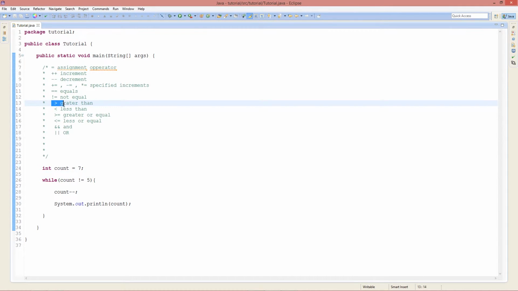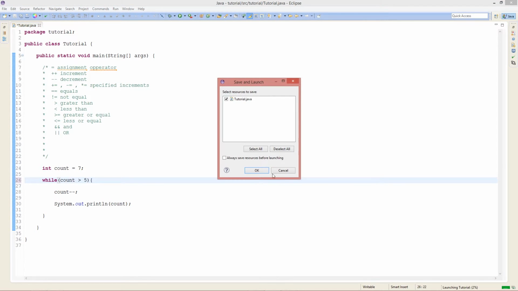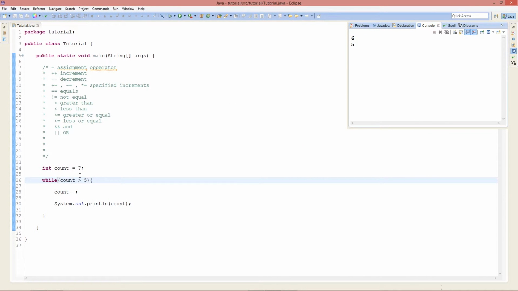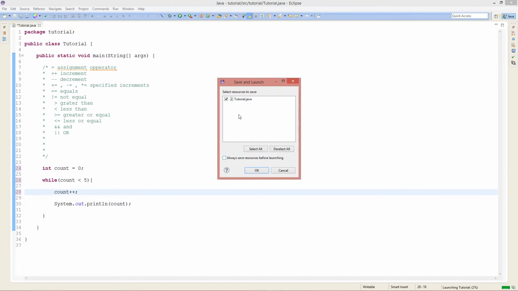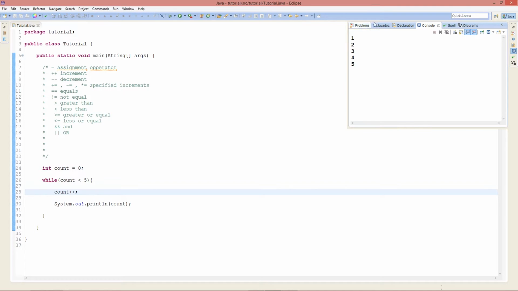Okay, so now we're moving on to greater than and less than. So you saw this earlier, so you can say, while the count is greater than 5, do something. So as you can see, it'll do something. And we can say, while the count is less than 5, so we can go like this, make it 0, and then we'll just simply change this to ++, and we print that,